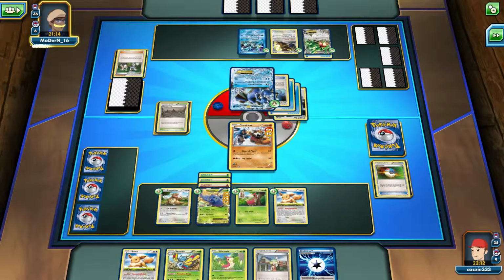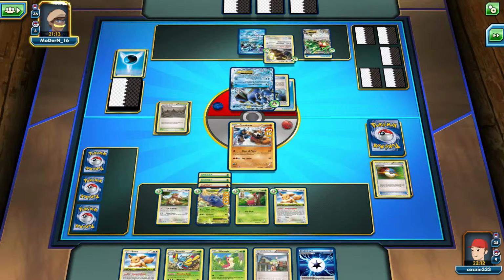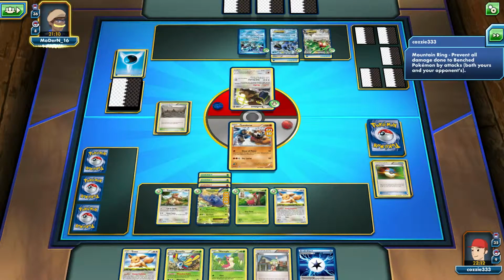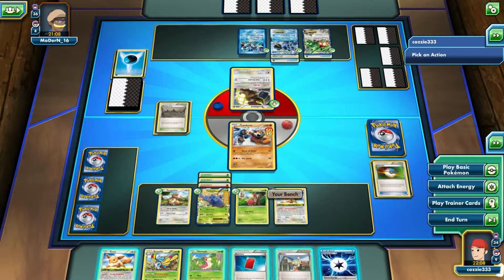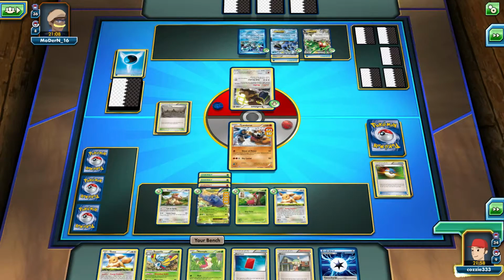Again, seems to be taking his time. What his thought process is thinking. Oh, and he's decided to actually switch out his Seismitoad. That was good thinking. Not really something I wanted either. So, I think for the time being, I will put this on Kangaskhan,